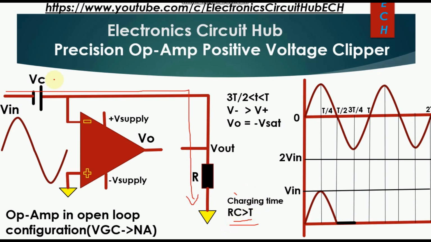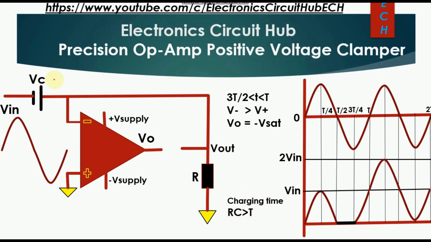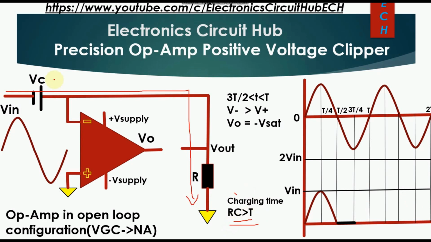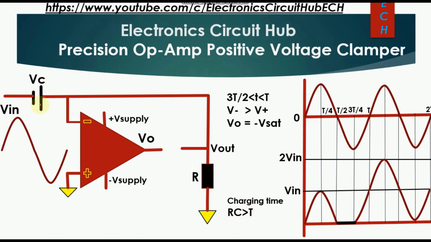Now if you apply KVL again here. This is open loop configuration, so here V plus is 0 volt. And at this terminal, since it is in open loop, your V out would be at this terminal, so I can draw a voltage source here, voltage source with ground. So here you will get V out. Now you have to find the value of V out.